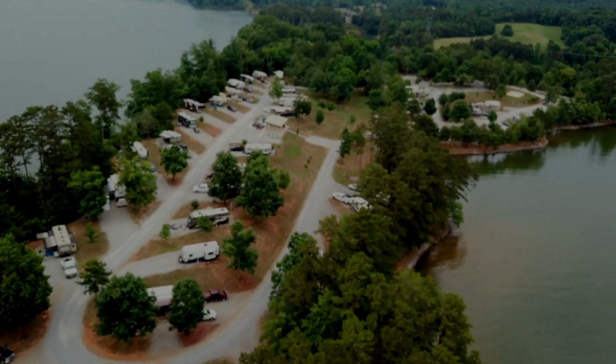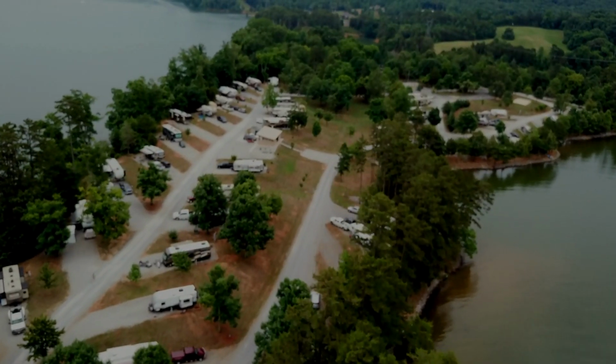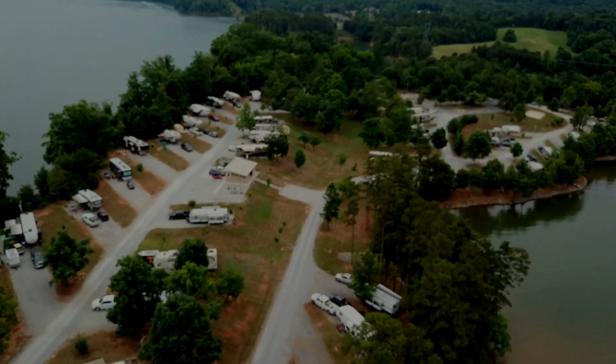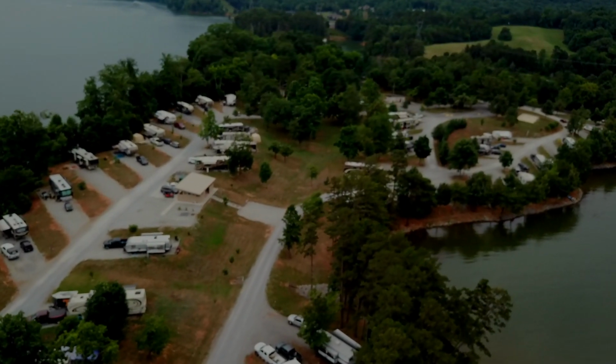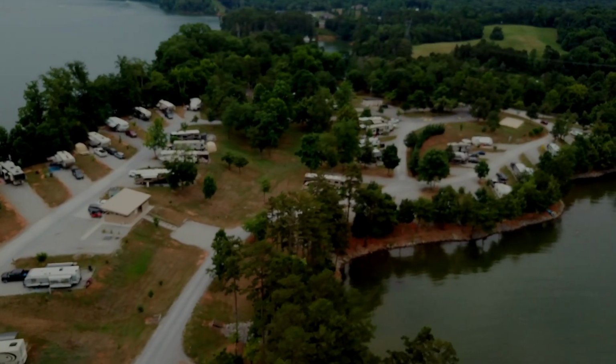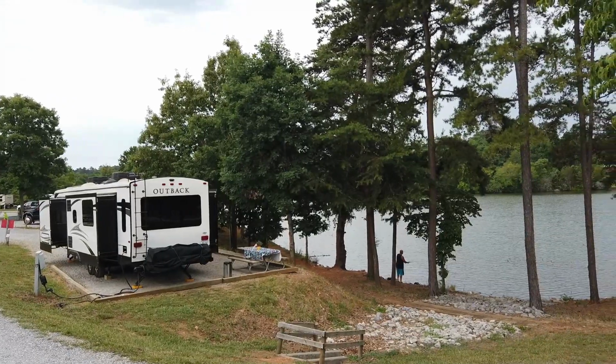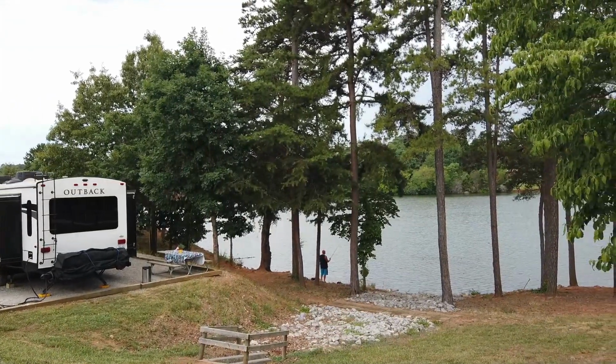We're here today at Yarberry Peninsula Campground. Yarberry Peninsula Campground is a Vista Recreation Campground, which was formerly known as CampRRM. I'm not sure what kind of changes took place there, but that is on their website now. So this campground is a TVA partnership as well that is on Fort Loudoun Lake, which is just outside of